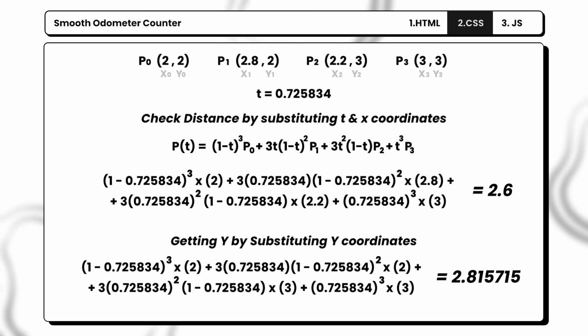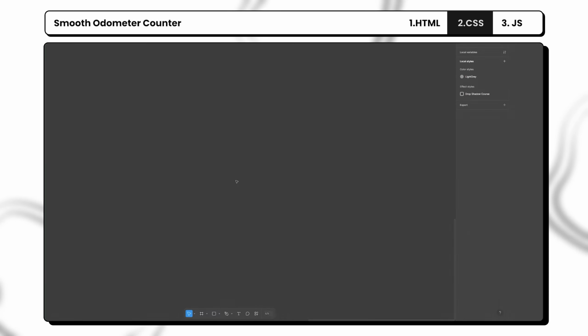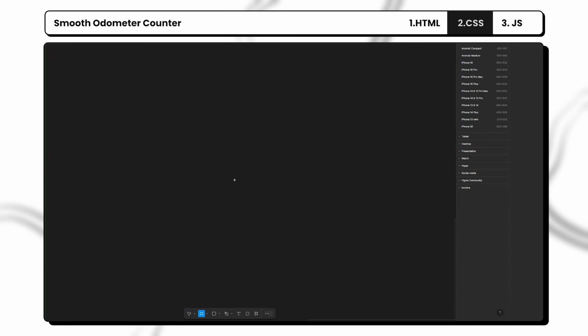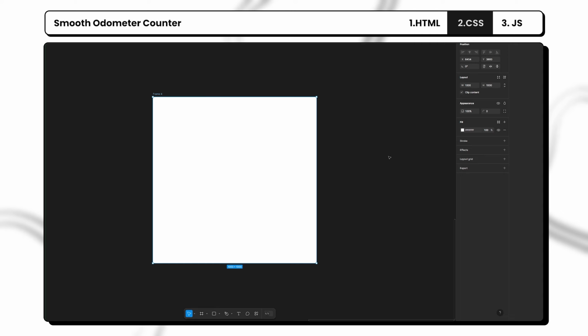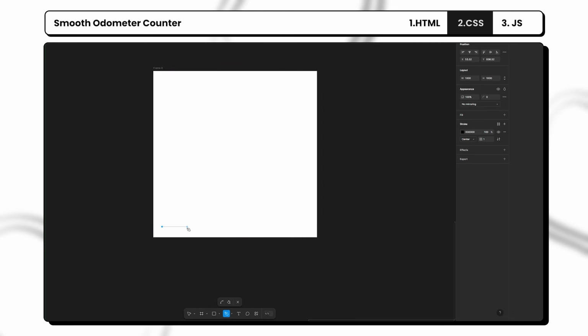And if we substitute the y coordinates of our cubic Bezier and our t value, we will get the corresponding y value on the graph. So we can check this in Figma very easily. If you make a frame of width 1000 and height 1000, and then we take the pen tool and we make a quick curve like this, and we take the top point and we do 1000 on the x value and 0 on the y value, and then here we do 0 on the x value and 1000 on the y value, and then for the bottom point we'll do 800, top point we will do 200,